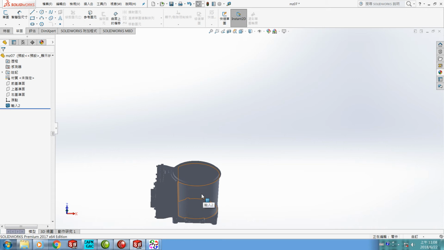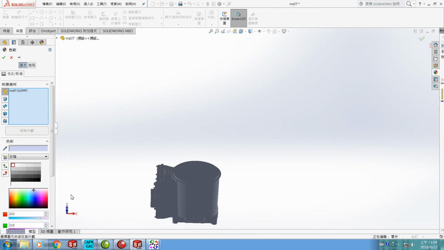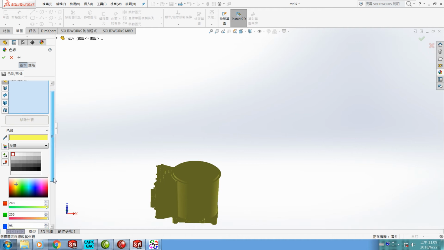Then how to change the color of it? Just put the cursor of the mouse on top of it and press the right button of the mouse and choose Outlook and choose the whiteboard. Then the chosen color will appear on the screen. We choose any one of the yellow and put